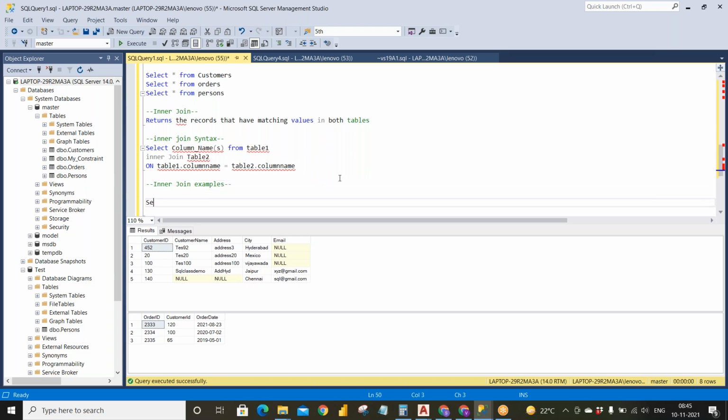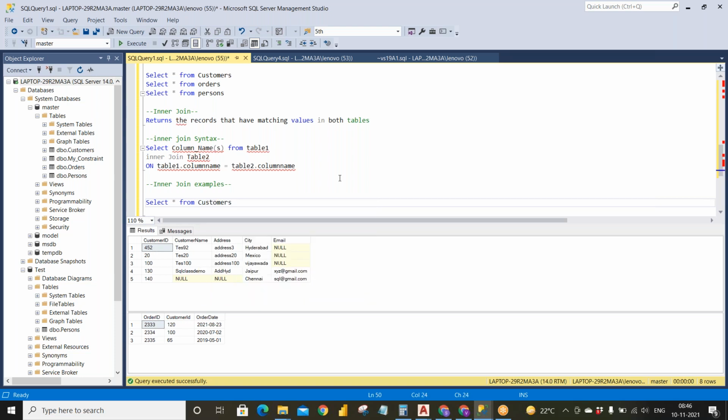So first what I want to do, select, I'm not giving the column names, just I'll give star, but I'll tell you we can give them later. So select star from my table 1, the customers table.